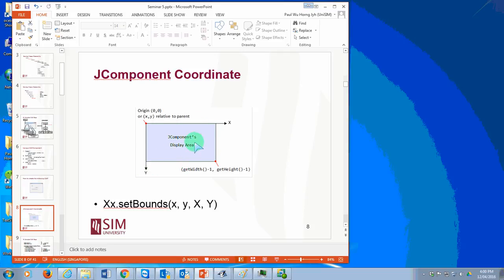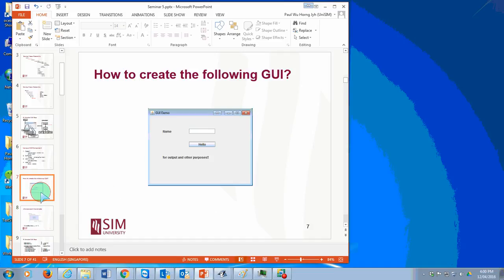All the J components we are concerned with right now, JButton, JTextField, and JLabel, are all rectangles. So the size and position can be specified by using the setBounds method. So now we look at this. We want to see how we can produce this. Okay, but of course,